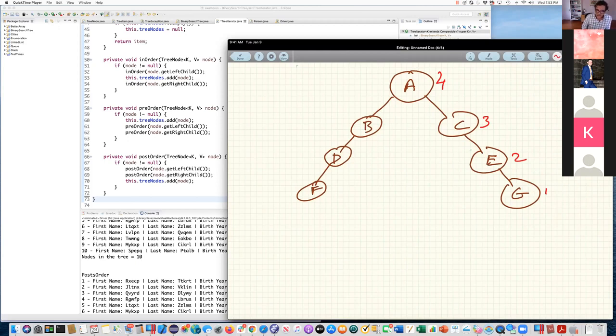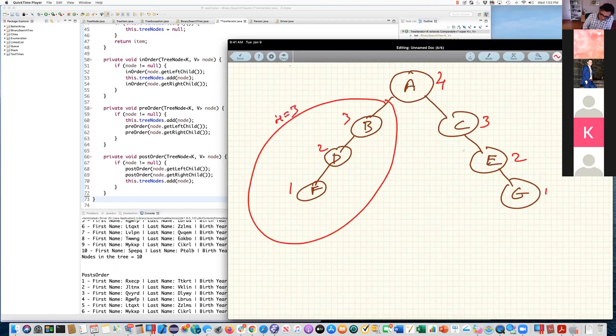Correct? The height of this subtree, h is equal to 3. The height of this subtree is h equal to 3.